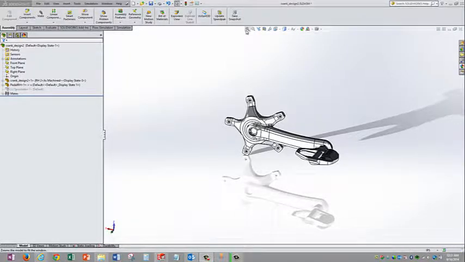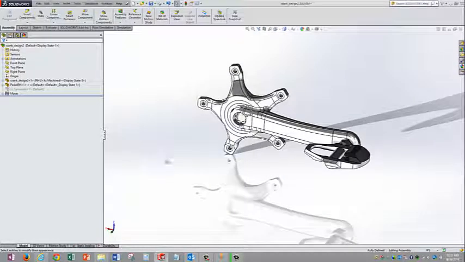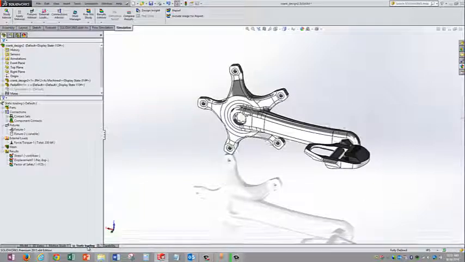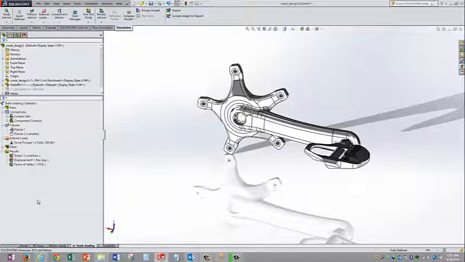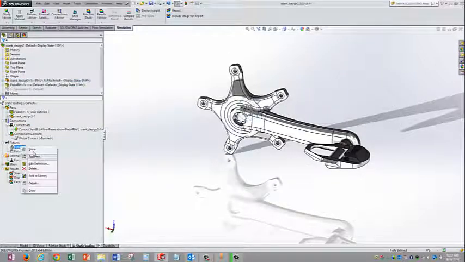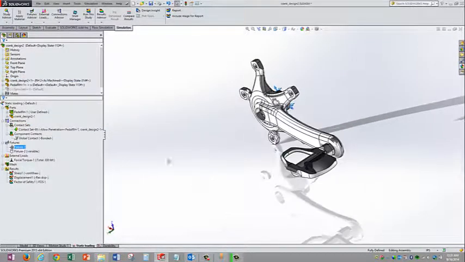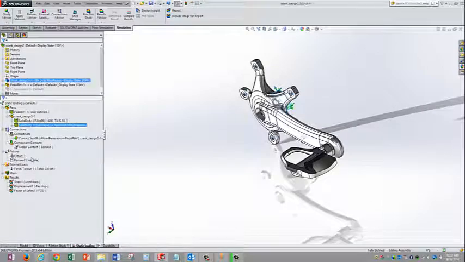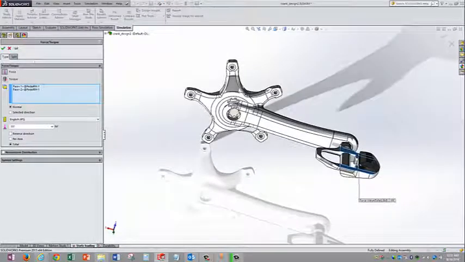Hi, so let's have a look at the fatigue analysis or the life estimation part of it. As mentioned in the article, the typical or the normal stress analysis goes as it is, where we define the contacts, if at all it is an assembly, the fixtures, the places where the part will be held, the loads, or in this case, it is a torque condition that is coming on this particular pedal.